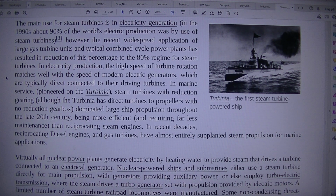Virtually all nuclear power plants generate electricity by heating water to provide steam that drives a turbine connected to an electrical generator. Nuclear-powered ships and submarines either use a steam turbine